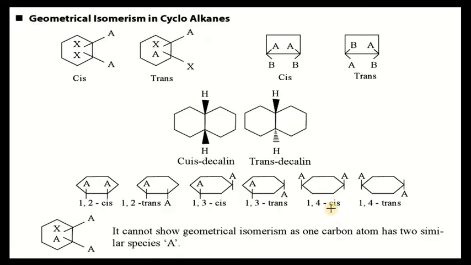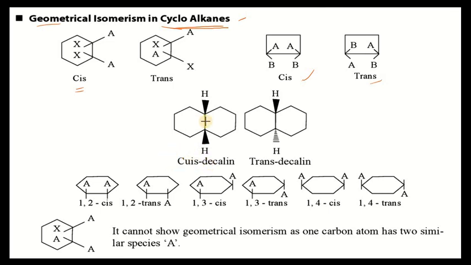Okay. See the geometrical isomerism of cycloalkanes. Here is a cycloalkane, where groups are on the same side, because in the cyclic carbons different groups are attached. This is oppositely attached, trans. See, this is a four-membered cyclo compound. Here we have the cis form. Where they are on the opposite side, they are the trans form.